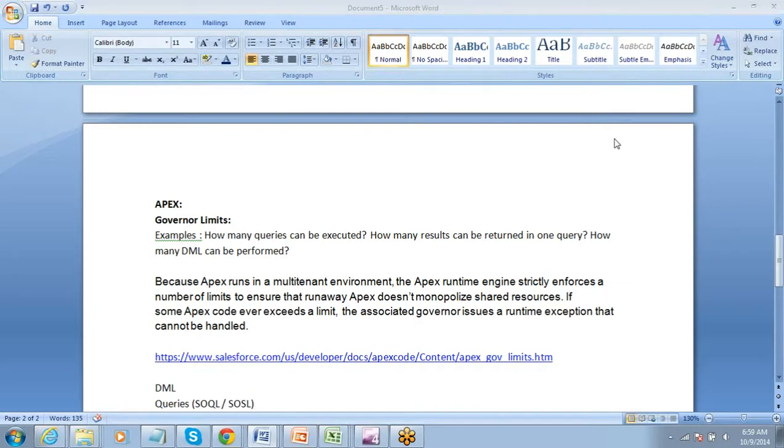Now, the next thing is optimizing your code. So governor limit we have understood. Now we have to work on the code in such a way that it does not hit the governor limit. So we try to do that. How do we try to do that? There are a couple of examples on that I will share with you. You can refer to that.